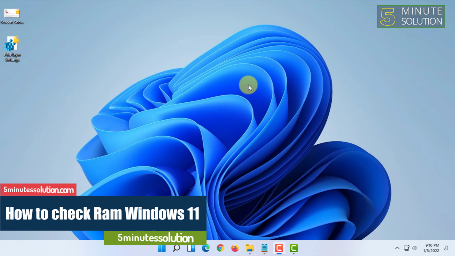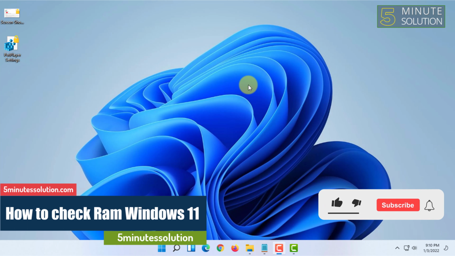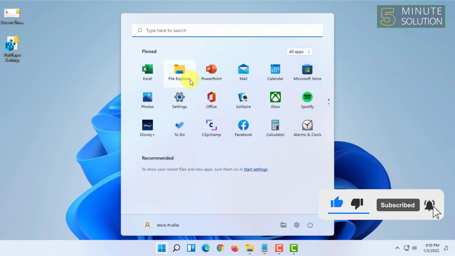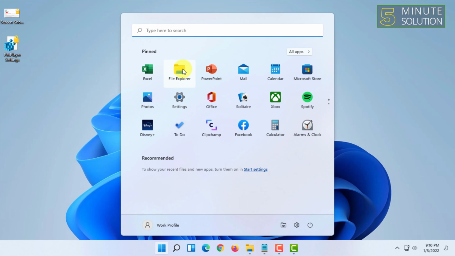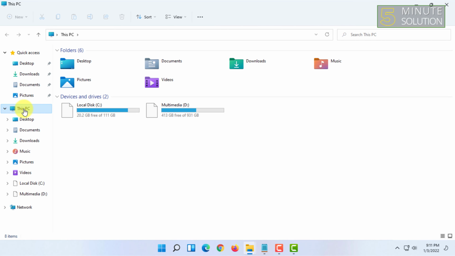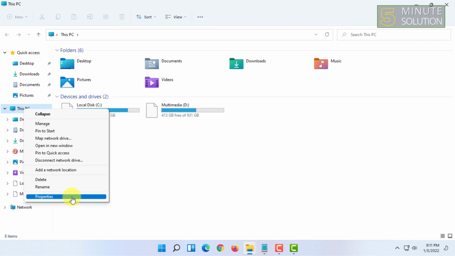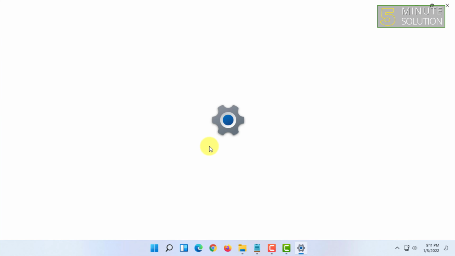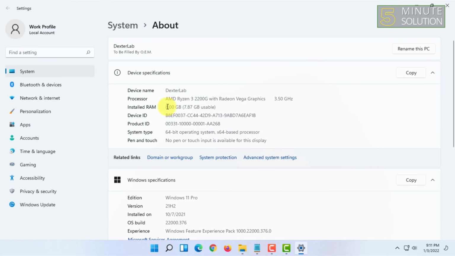In this video I'm going to show you guys how you can check your RAM on Windows 11. For that you have to go to your This PC or your File Explorer. From there you have to right click on This PC and click on Properties. Once you have done that, it will show you the installed RAM on your computer and how much of it